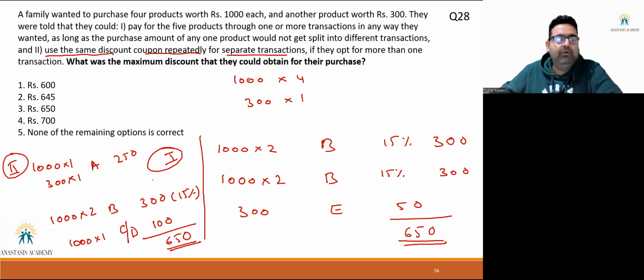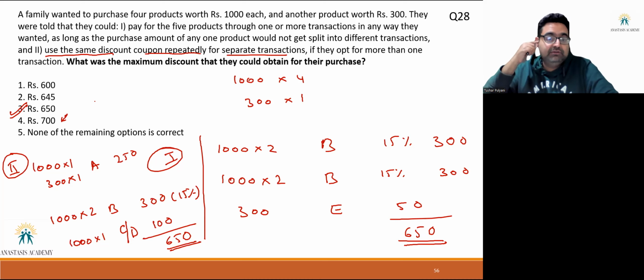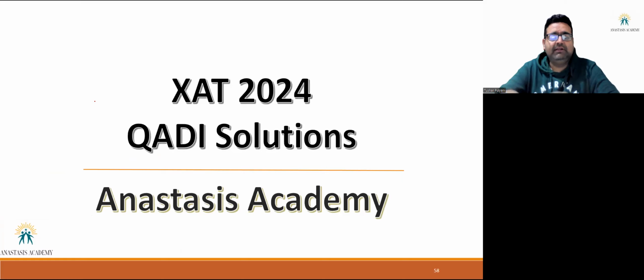You can keep trying combinations. This question was tricky in this sense that there were so many combinations, but there was an option of 700. So in my mind, I thought, let me try another combination, maybe I can get 700. But I tried a couple of them, got 650, I marked it, right? And there are more combinations of 650, but you will not be able to get more than 650 in any of the combinations, right? So we are done with the QA section.